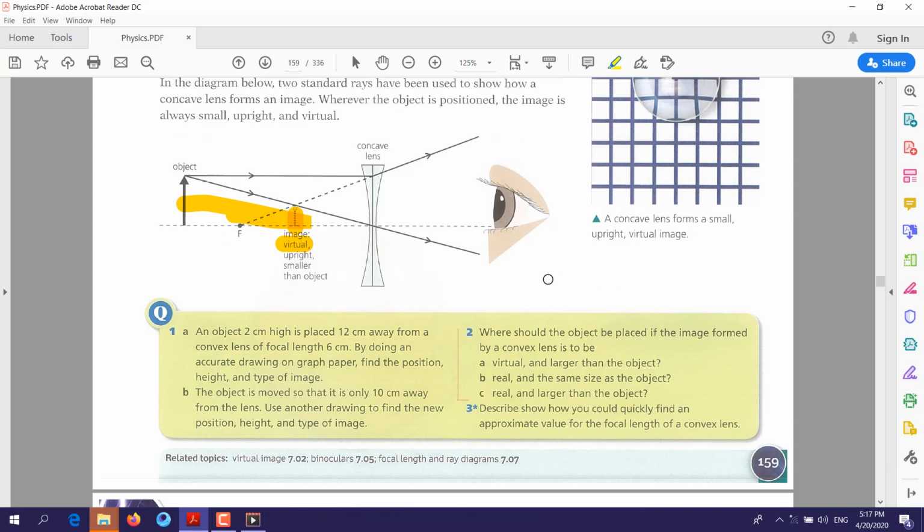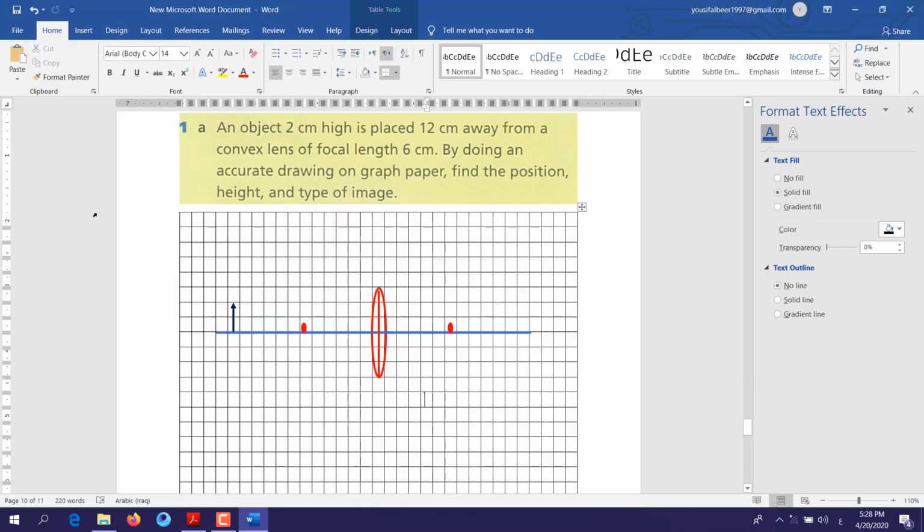So the image that we will get by using a concave lens is always small, upright, virtual image. These are the features of the image that we will get when we use a concave lens. Questions. Question number 1A. An object is 2 centimeters high